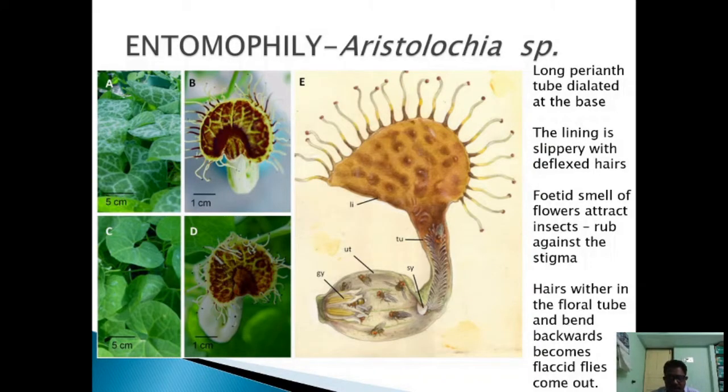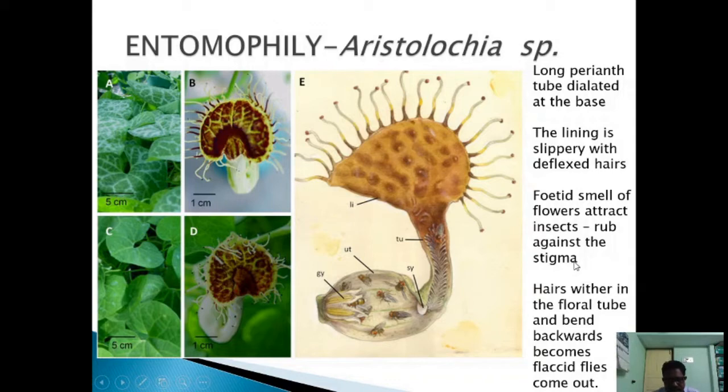Now look at here, another example is Aristolochia species, and this is another typical example of fly trap mechanism where these flies are trapped inside. Once they fall, they are attracted by these tentacles and they come inside and they get trapped inside these hairs. So now this lining is slippery with deflexed hairs and the long perianth tube dilated at the base. Now, the fetid smell of the flower attracts the insects